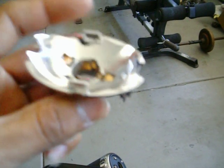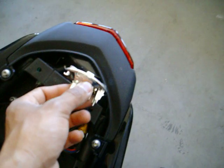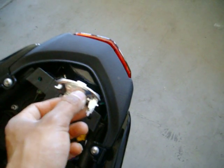Anyways, but what he did, he went ahead and trimmed this down. He took some of the sides off, top and bottom, and then he pretty much just stuck it in there. And then once he put it in there, he used some sort of glue to seal it. Now the problem with that is the same thing. Once that light bulb gives out, he's gonna have to cut off that glue, pull the thing out, replace the light bulb, and then put it back on, and then re-glue it again if he wants to re-glue,